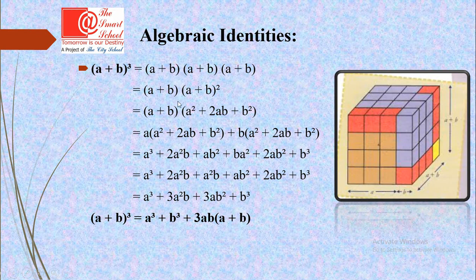But you can see these are 8 or 9 steps. If we learn this formula, we can skip all these steps and easily write the values which are given, like a equals 5 and b equals 6, put the values in this formula and find the answer. So there is no need to follow all these steps. So this is the use of the identity.